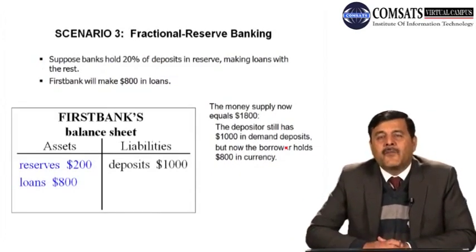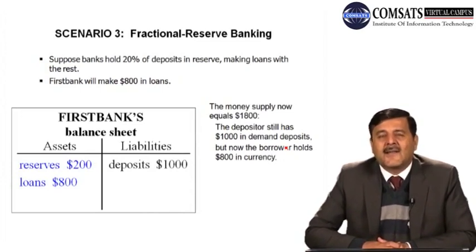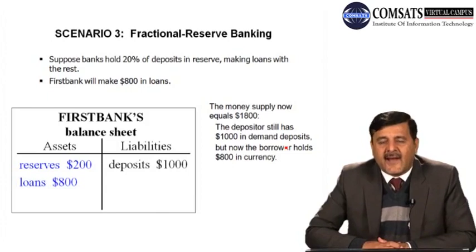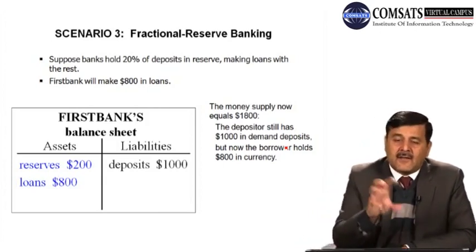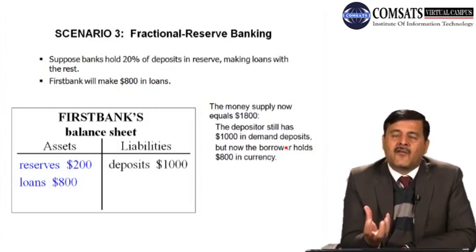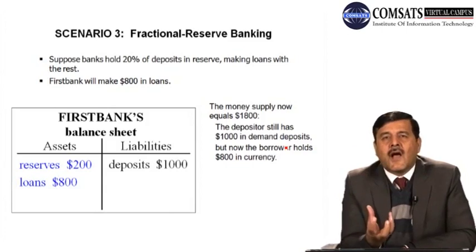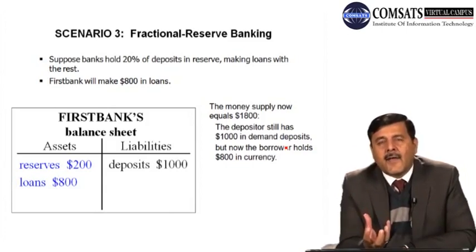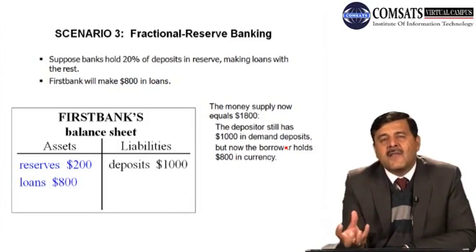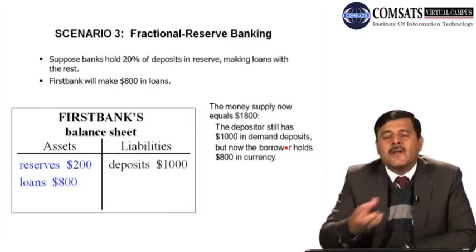Now we'll move to scenario number 3, where we are going to discuss the second banking system that we talked about in the previous slides, and that is fractional reserve banking. What is fractional reserve banking? We said that fractional reserve banking is a banking system under which every bank keeps some part of the deposits with itself as a reserve, and the rest of the amount they lend to the households,